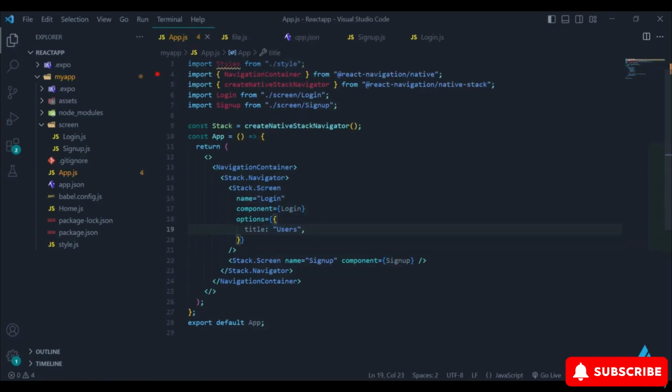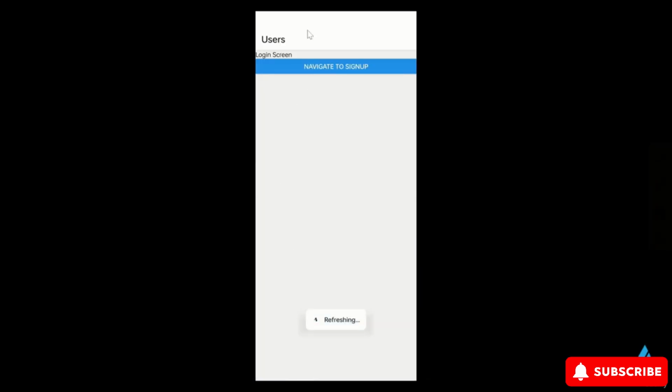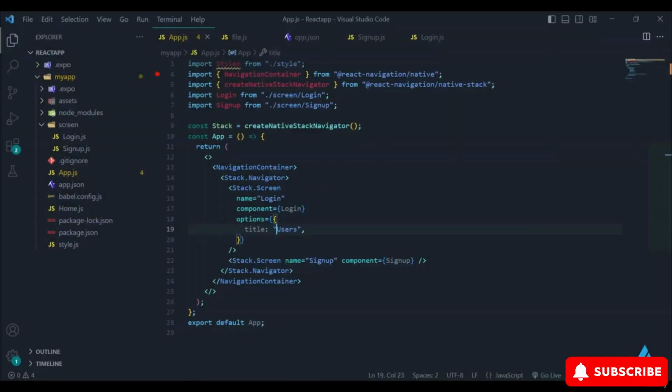Okay, so use the colon to avoid mistakes. Indicate title users in the title field to alter it. You can now see that the page name has changed to users when you save the file and open the